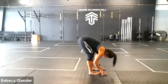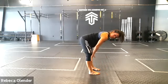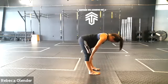Let's stretch, guys. Hands push the floor. Hands come to your shin. Straighten your leg. Draw back. Shin. Get a line over the neck. Squeeze through your glutes. And I want you guys to